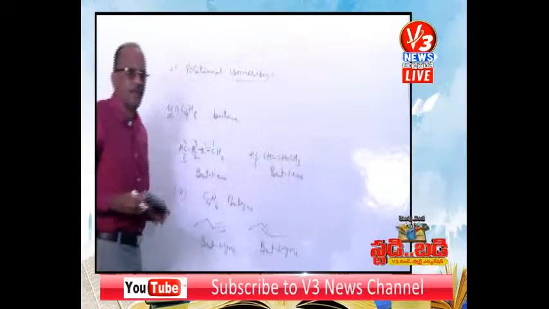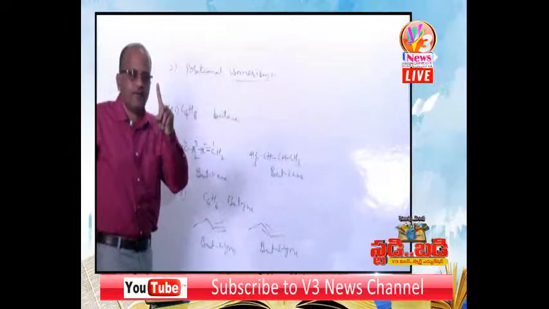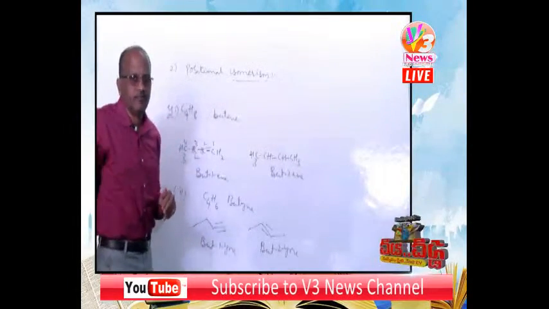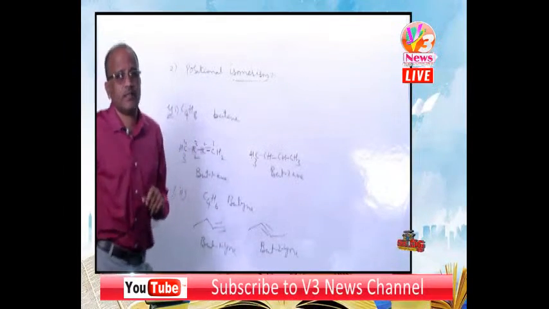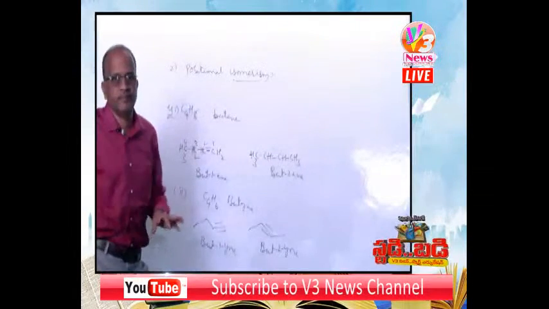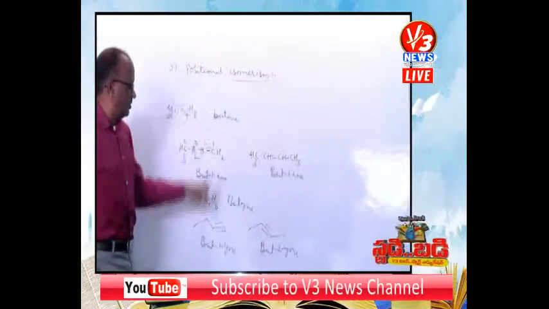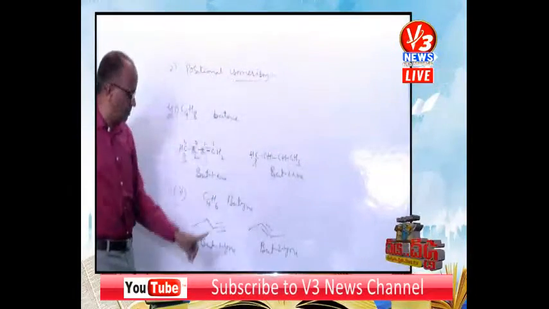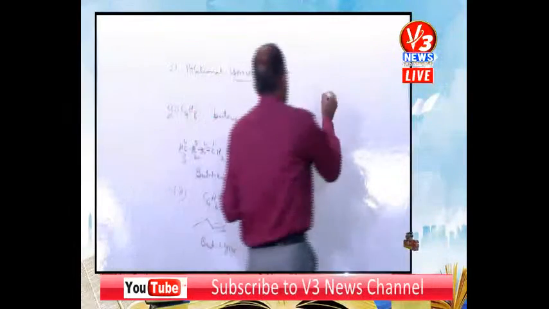What is the difference here? In positional isomerism, root word of isomers will be same. If you see IUPAC names of chain isomers, in chain isomers root word will not be same, root word will be different. Whereas in positional isomers, root word will be same, but, like this. Then another example,